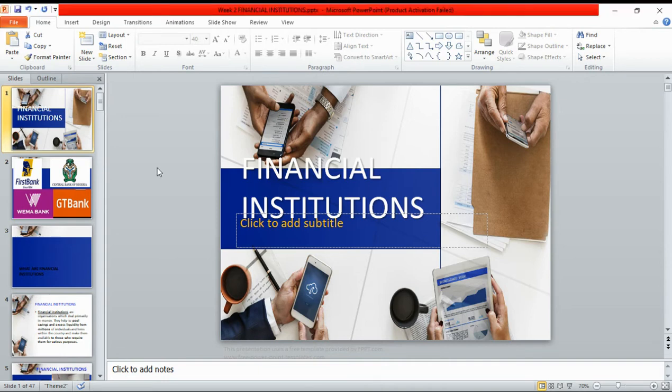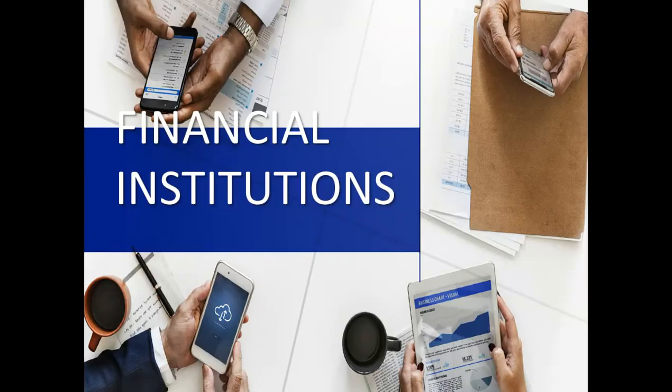Today, we'll be looking at a topic called financial institution, and I would like you to pay attention. Now, when we talk about finance, what comes to mind is money. And when we talk about institution, what comes to mind is a system. So, indirectly, what are we talking about? We're talking about a money system, a system in every country of the world that allows money to flow from those who don't need it to those who need it. So, financial system or financial institution